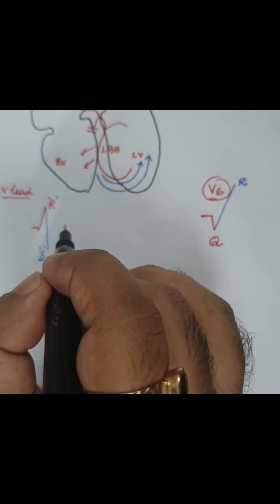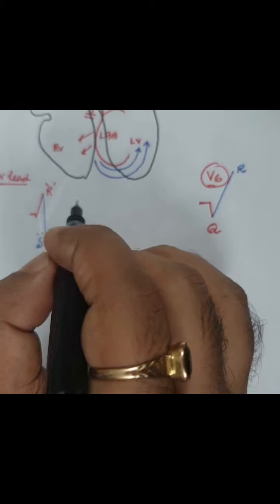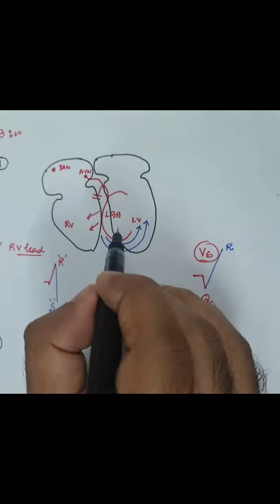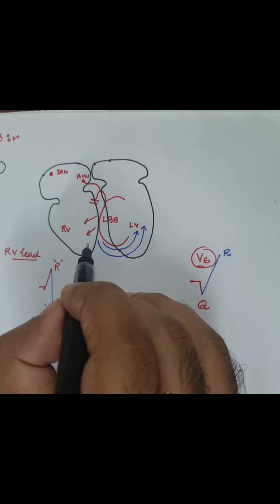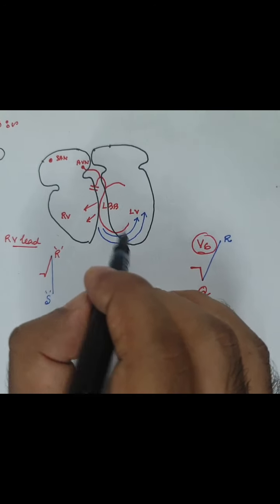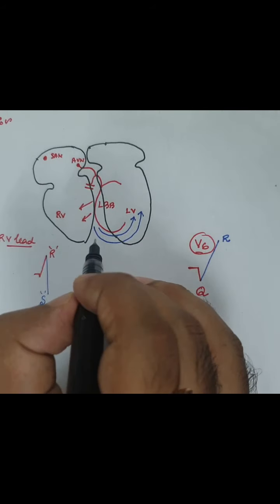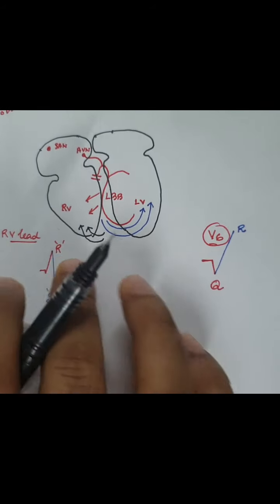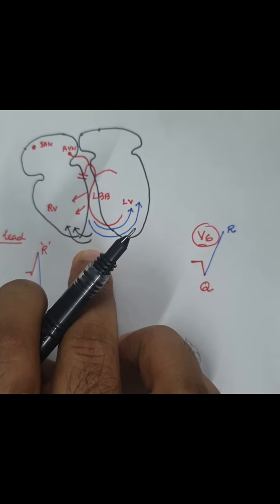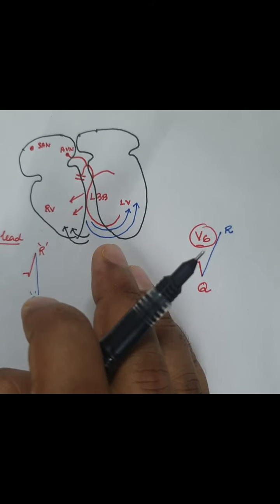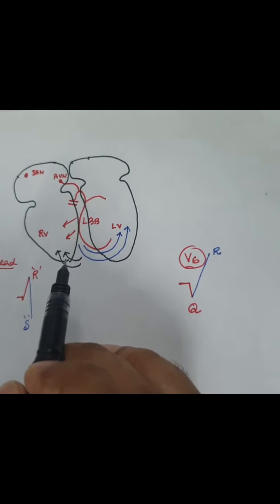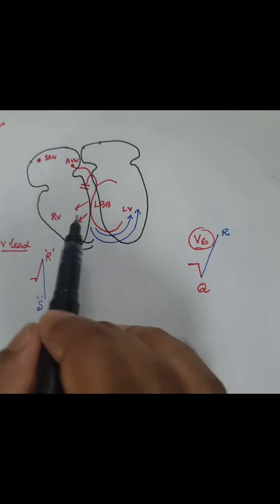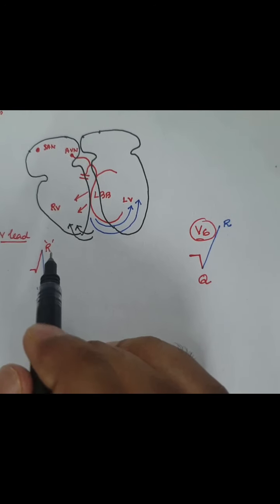In this number 3 step, this excitation takes longer to reach the right ventricle due to the failure of the normal conducting pathway. So the right ventricle is depolarized again after the left ventricle. Some depolarization waves go to the right ventricle further because there is no right bundle branch. So much more time is taken for the excitation impulses to go down the right ventricle.